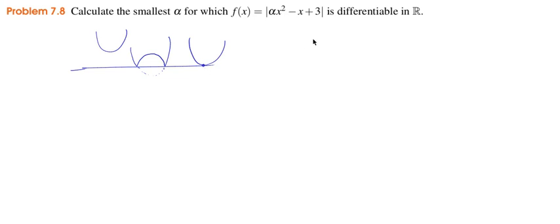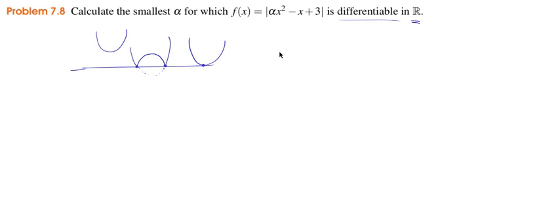be differentiable in the whole of R, at all points, it means that if the parabola crosses the x-axis, in those points it will not be differentiable, right? Because it's the composition of the absolute value at those points, it's not differentiable, so it doesn't work. But if the parabola doesn't have roots, or it only has one root, right, then the function will be